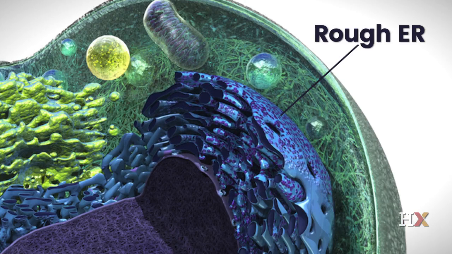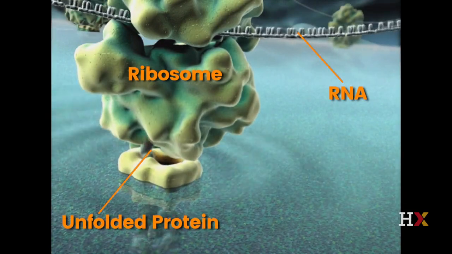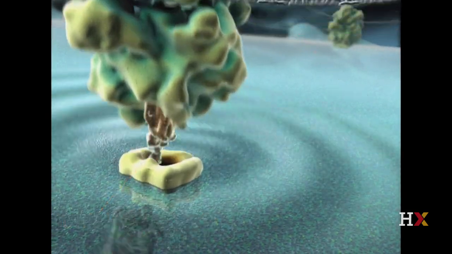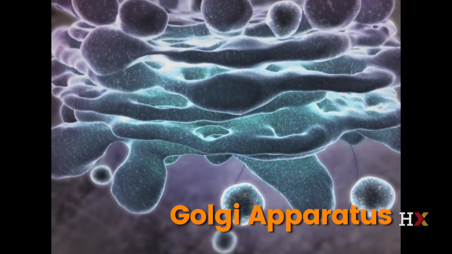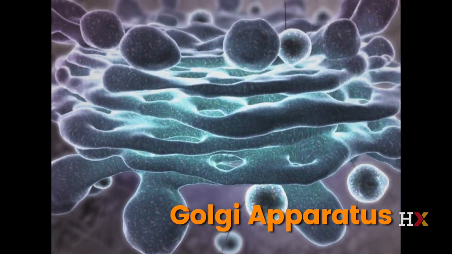ER can be categorized as either rough ER or smooth ER. The rough endoplasmic reticulum appears as a rough surface under the electron microscope due to the presence of ribosomes on its membrane on the cytoplasmic side. These ribosomes on the ER are responsible for synthesizing membrane proteins, and those proteins that are destined for secretion from the cell. The proteins synthesized by these ER-bound ribosomes either accumulate in the membrane or in the lumen of the ER. These proteins are then transferred to the Golgi apparatus in order to be directed to their ultimate target locations